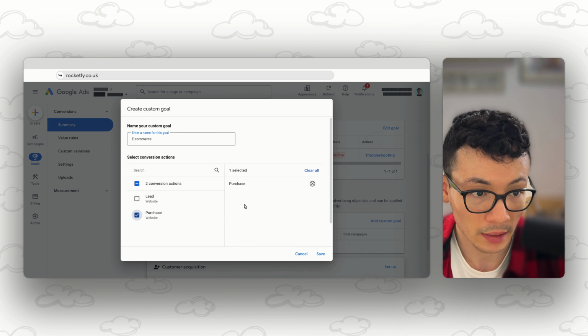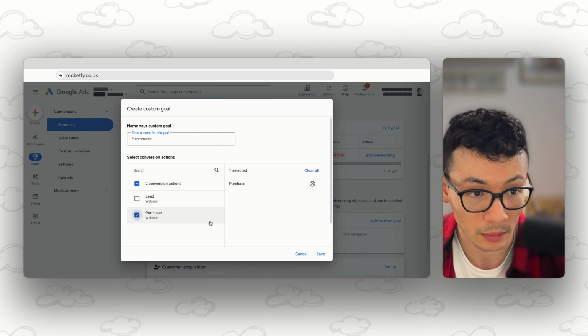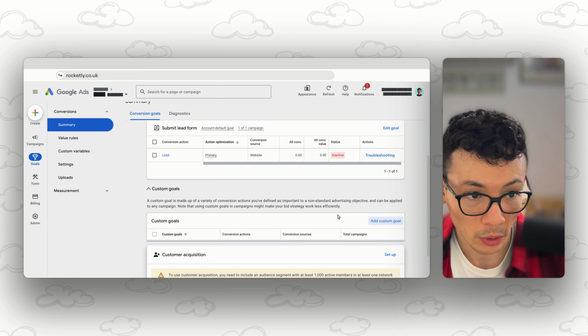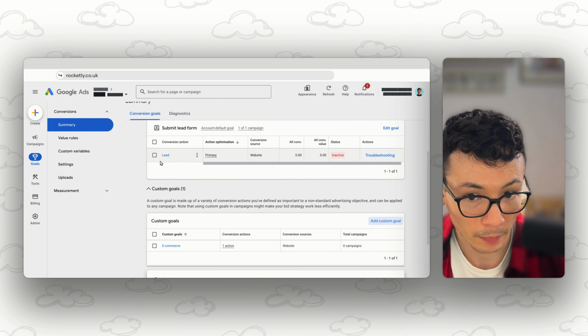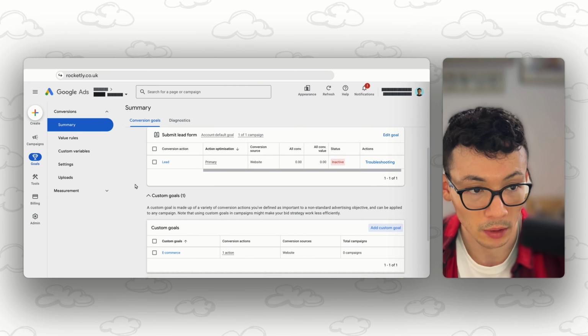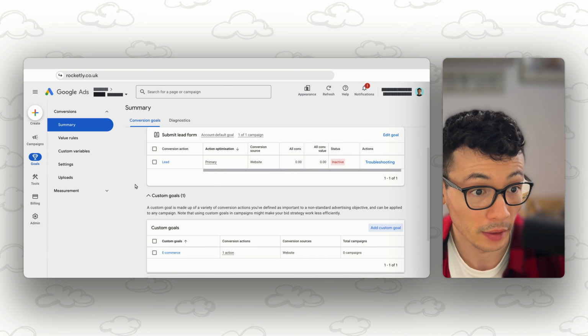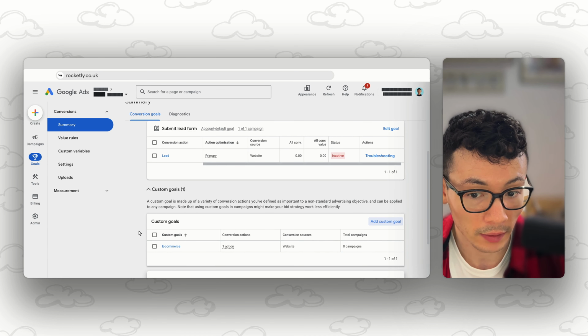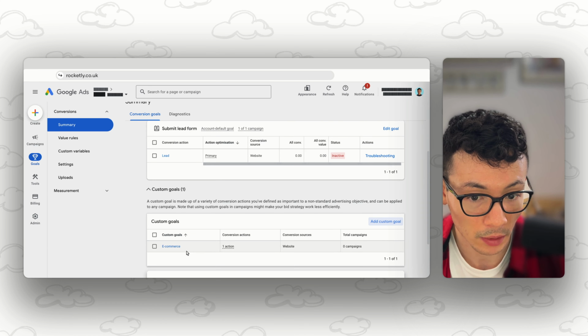However, if you select a secondary conversion here, then it will actually override and be used as a primary conversion. It will still show up as a secondary conversion here, but for any campaign using the custom goal that you just created, it will operate as primary.